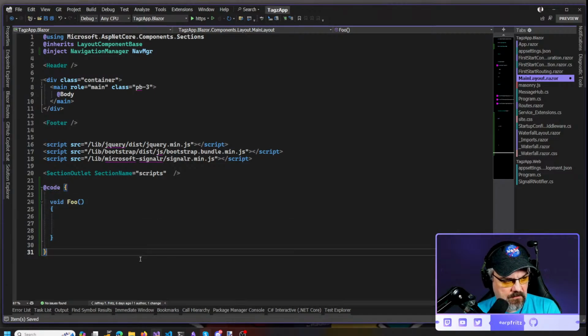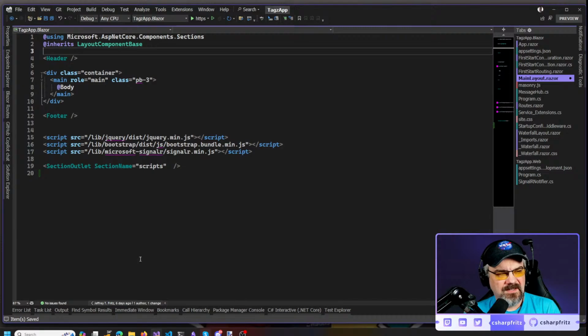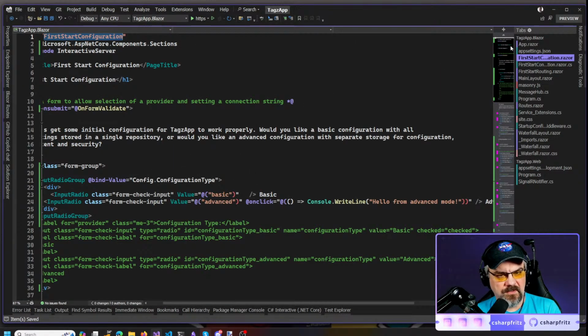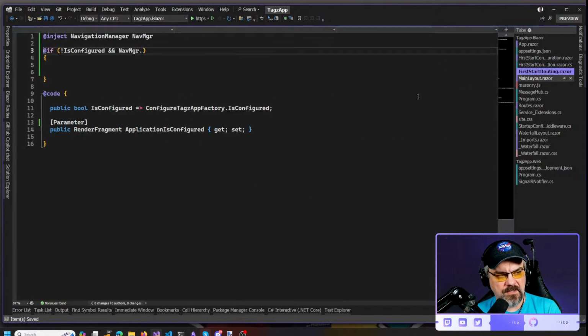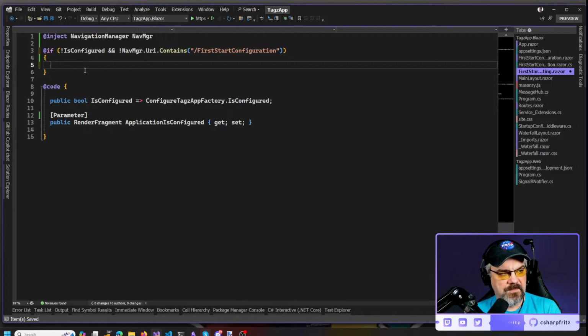I'm deleting. Why aren't you deleting? Something funny about this version of Visual Studio. I mean, it's a preview version, but something doesn't feel right at all. So if it's not configured and we're not on first start configuration, then